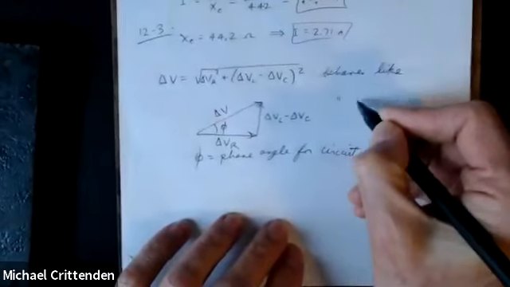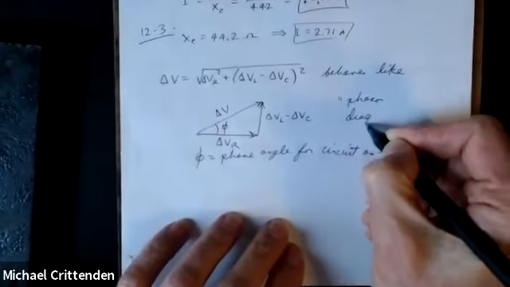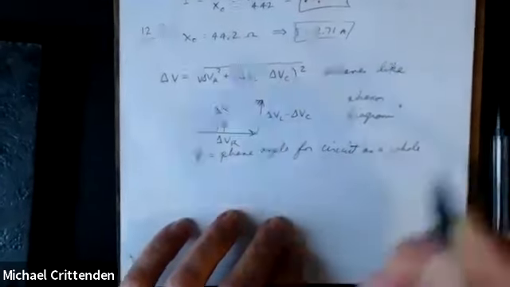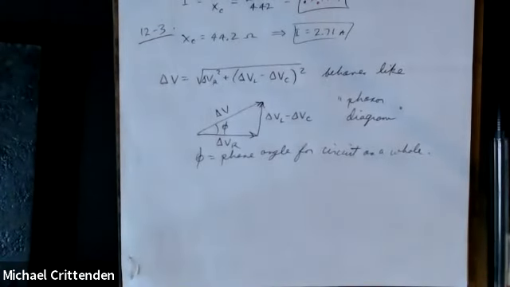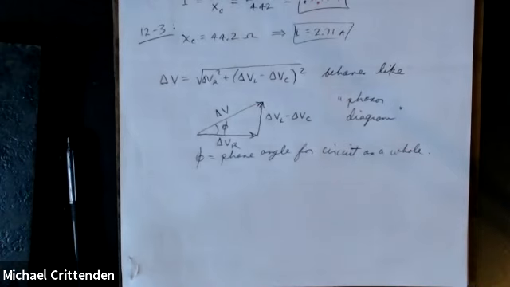This is a phasor diagram. A phasor is a vector in phase space rather than in the real world where you and I live, phase space being sort of a mathematical abstraction. With an actual vector, like a velocity vector or an electric field vector or a momentum vector,